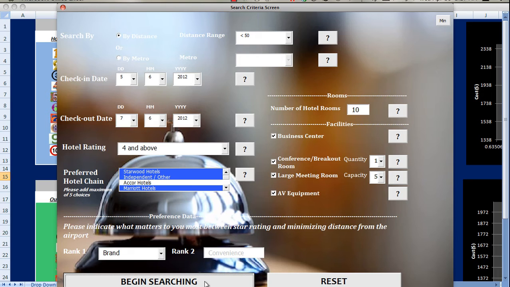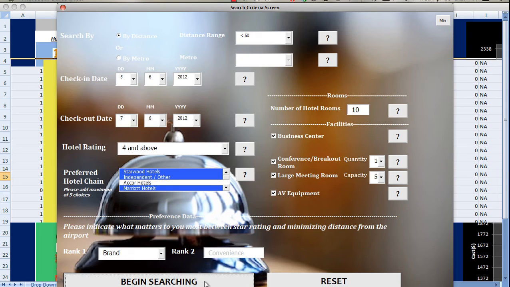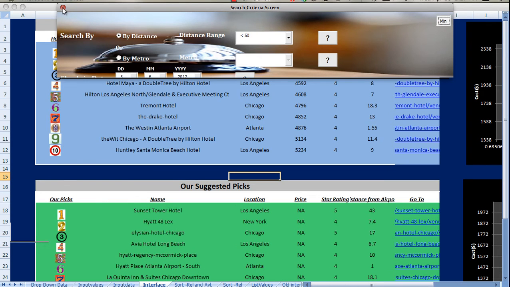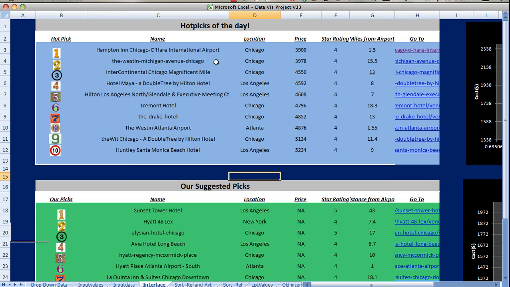As the application reaches out to the back end and performs the search, we can minimize the screen or close it, and it gives us the Hampton Inn Chicago O'Hare International Airport, which has a 4-star rating for a total price of $3,900. As you can see, it is 1.5 miles from the airport,